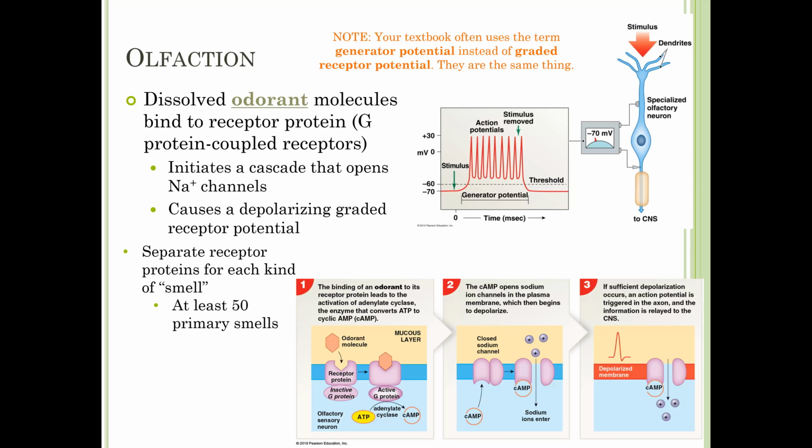And if you think that's amazing, other animals, like our dogs and cats, actually have more different types of receptors. They have about 200 primary smells. Several genes for a lot of our receptors have mutated over our evolutionary history, so we've lost the ability to smell a lot of different chemicals, but a lot of animals like our dogs and cats still have that ability. So if you think about all the combinations you can make with 50 primary smells, just think about how many more combinations you could make if you had 200 primary smells, and that would give you an idea about the smelling capacity of your dogs and cats.